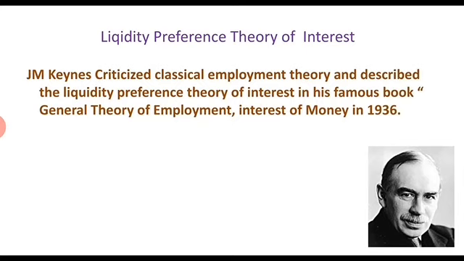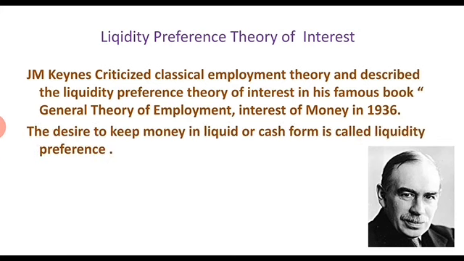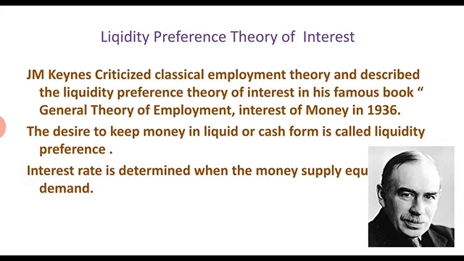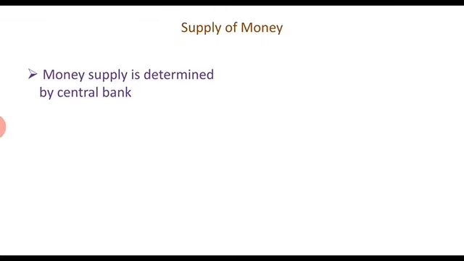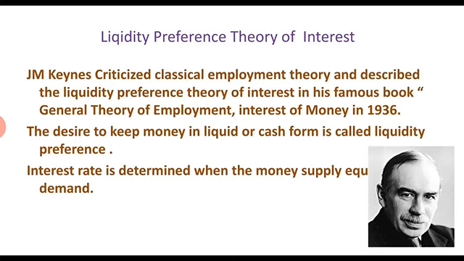J.M. Keynes criticized the classical employment theory and described the liquidity preference theory of interest in his famous book, General Theory of Employment, Interest and Money, in 1936. The desire to keep money in liquid or cash form is called liquidity preference. The rate of interest is determined when the money supply equals money demand. According to J.M. Keynes,